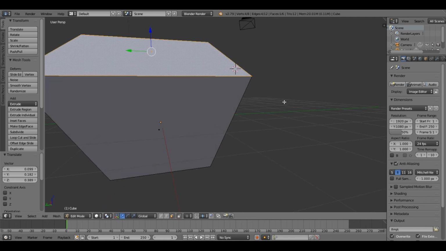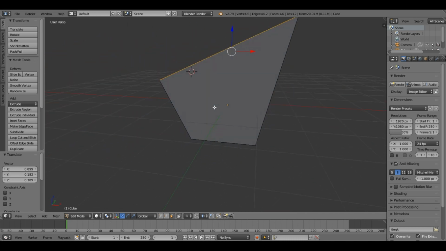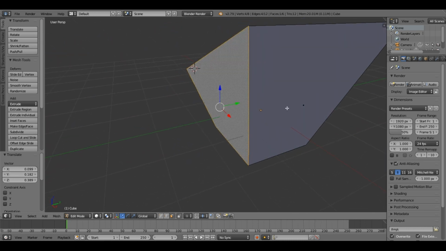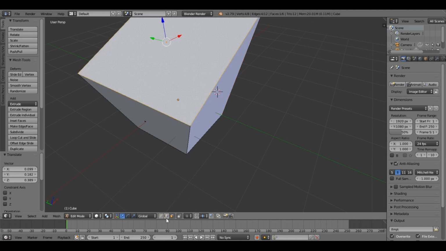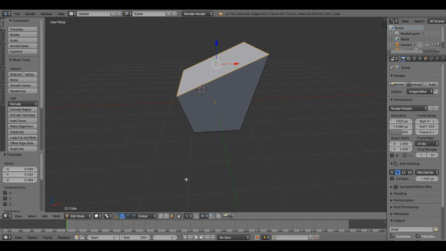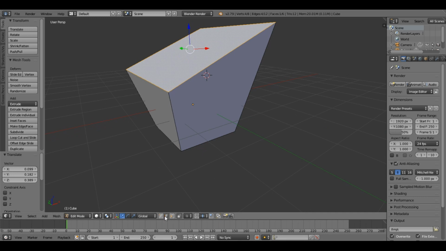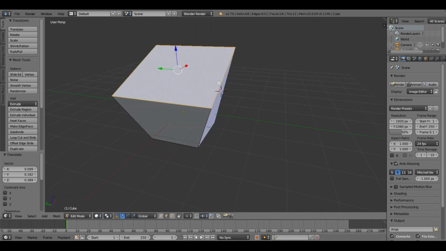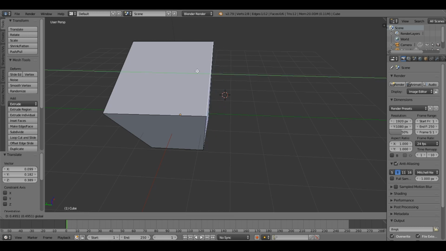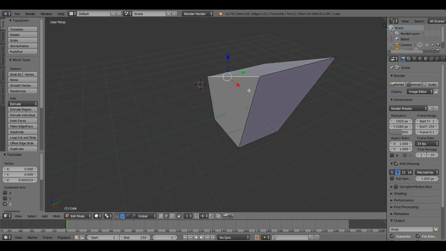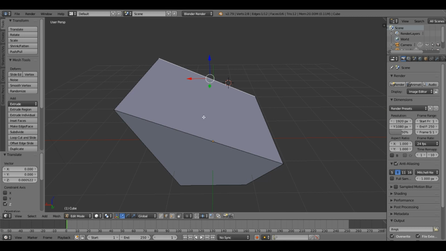But what do we do if we only want to move the edge? Right now we can just select the faces, but if you have a look down there, you can see that you can choose from 3 different things. First, of course, the faces, the edges, and the vertices. And now we can just press this icon where the edge is orange, and now we can only select the edge